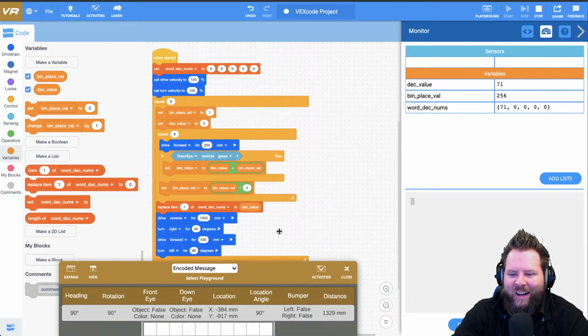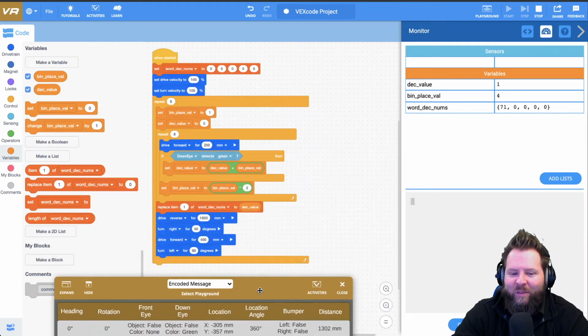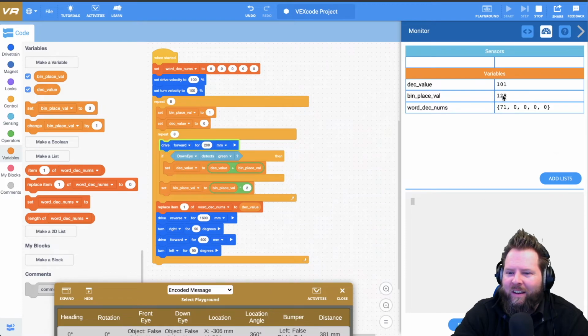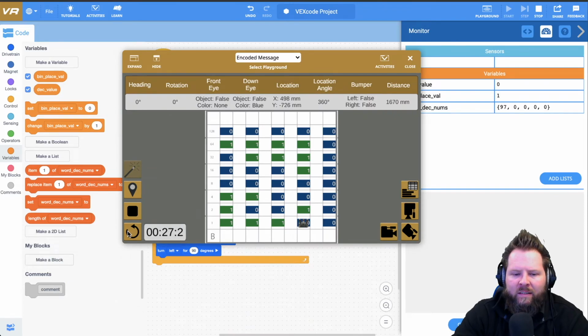I notice I changed the playground. So we have a different one. And then look, oh, 71, and then it recorded 101 because it's always going to replace that item number 1 with whatever that value is. Let's reset this